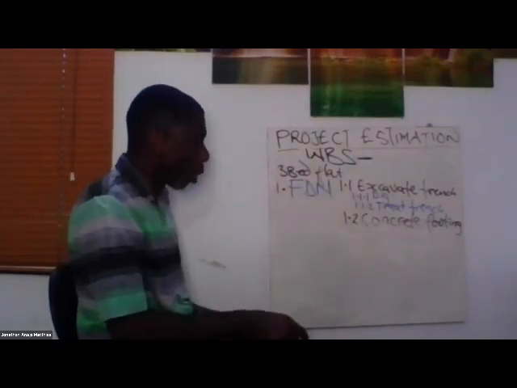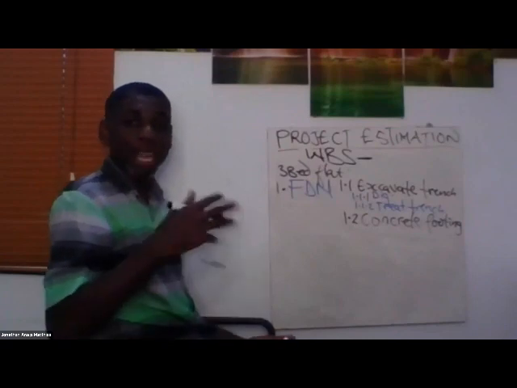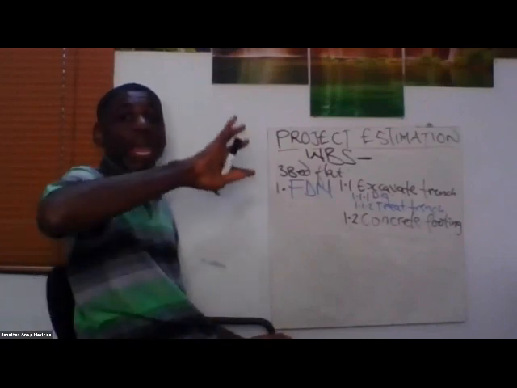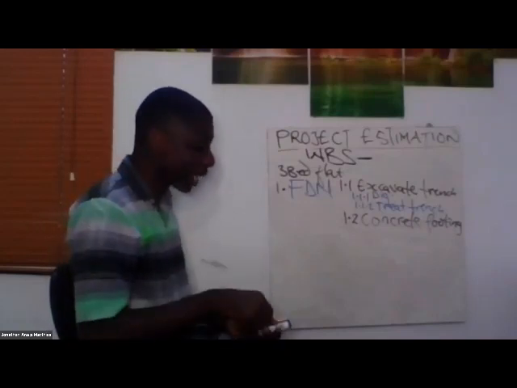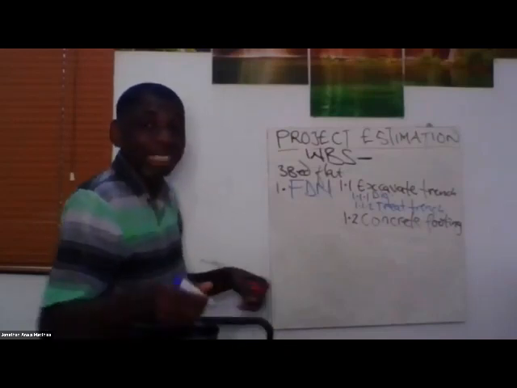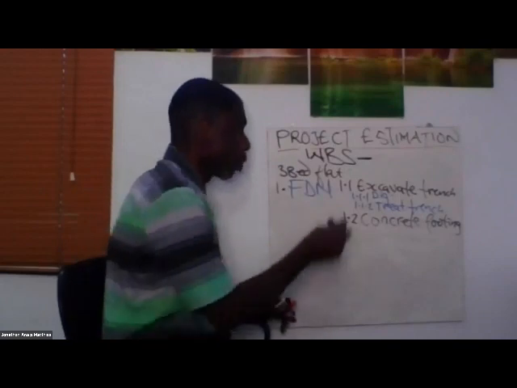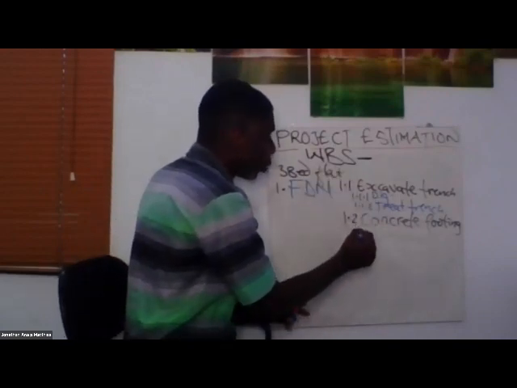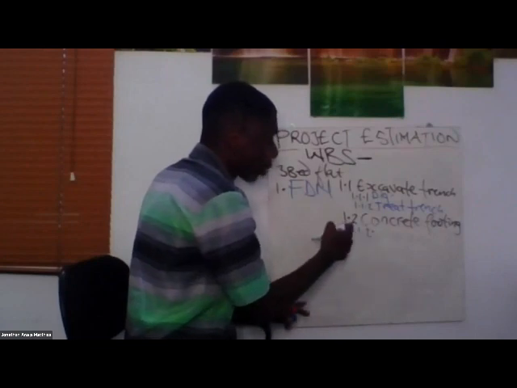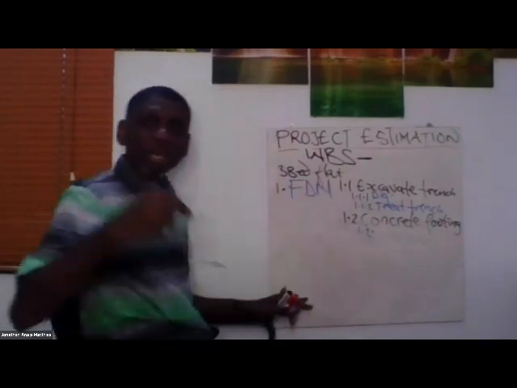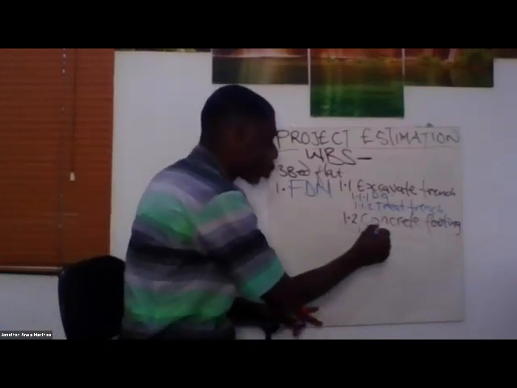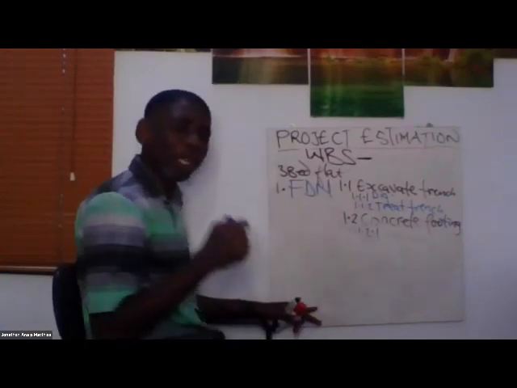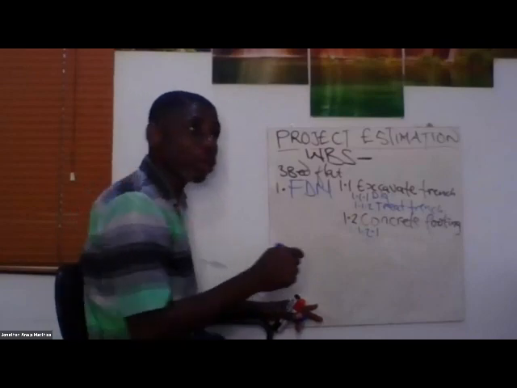Then 1.2, concrete footing. If you are unable to estimate concrete footing as a bulk pack, you can even break it down further. You can make things easy for yourself. For example, on concrete footing, you can decide to just say 1.2 is concrete footing. So the next work package under concrete footing can now be 1.2.1. 1.2.1 you can even say,